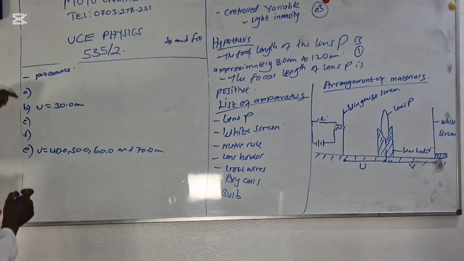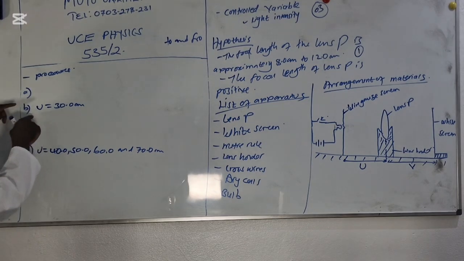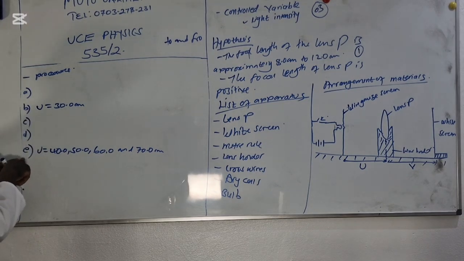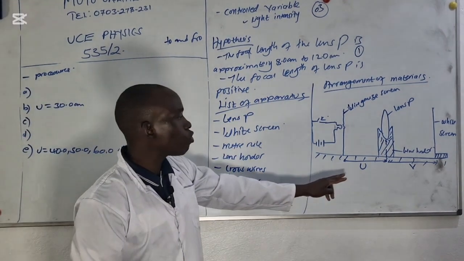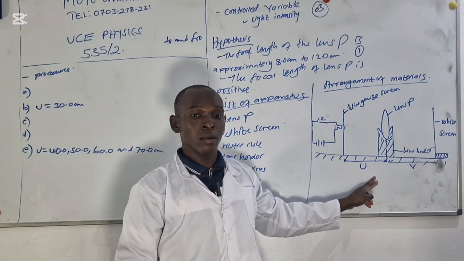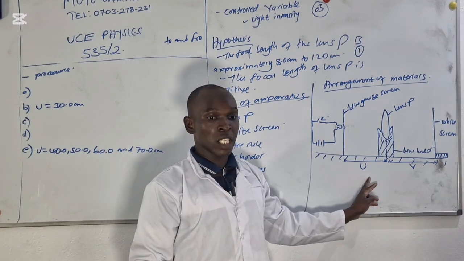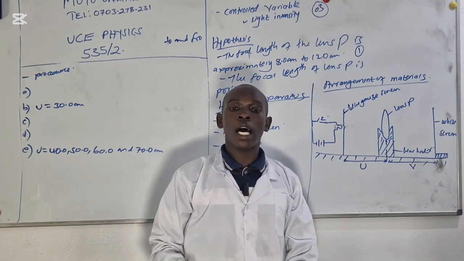Repeat procedures from B to E. Remember, procedure B was to measure or adjust distance u to be equal to 30. So in the next experiment, we shall be adjusting it to 40, to 50, to 60,